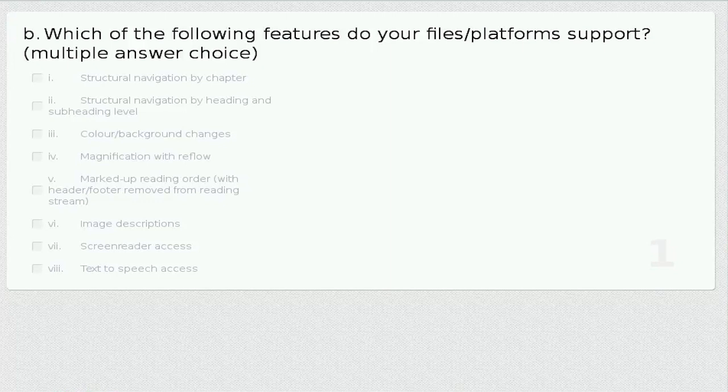One of the interesting things here in terms of the web platform we're using is that those color contrasts on those question options are really, really low.